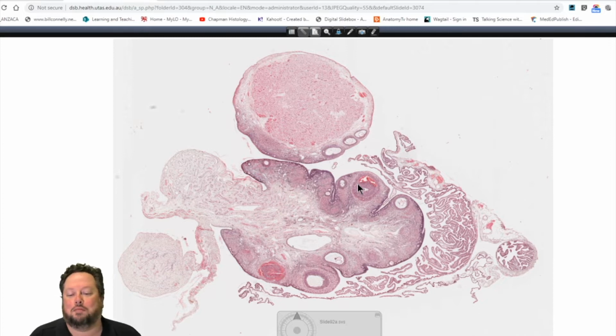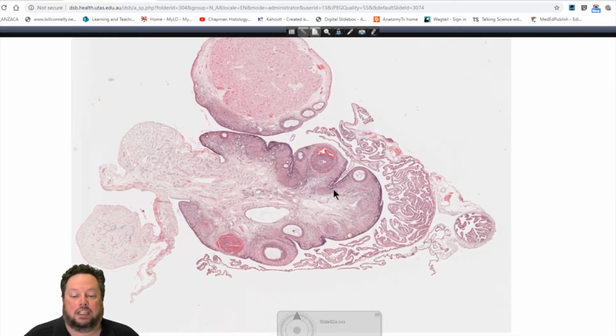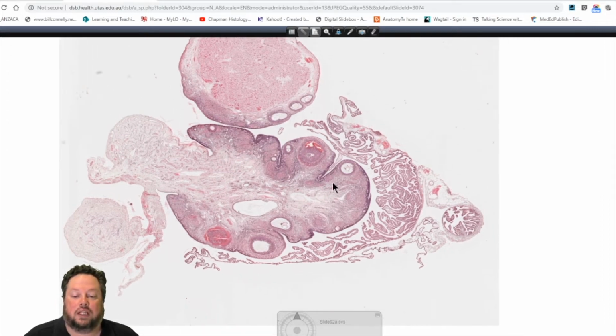So you might remember this. This was this weird section of the ovary with this weird bulby thing at the top, which actually happened to be part of the ovarian tissue, but just not in this plane of section. And the reason I'm starting here is because we actually have the start of the uterine tube. We have the infundibulum with the little finger-like projections of the fimbriae. And you can see a little bit of a cross-section of the uterine tube here. This is very early, the end of the infundibulum becoming the